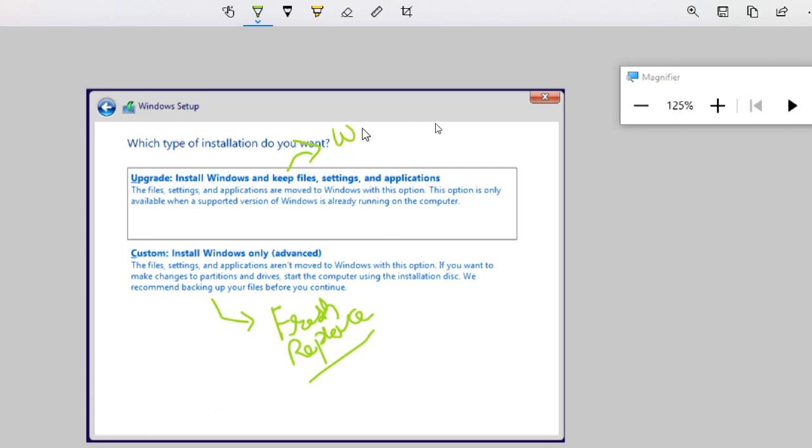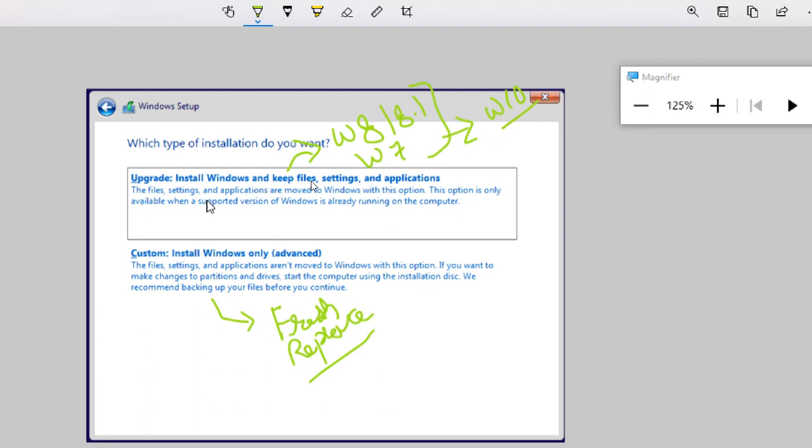For example, you have Windows 8, 8.1 or 7, and you want to upgrade to Windows 10, from a lower operating system to a higher one. When you move directly from lower to higher, you have to choose Upgrade.